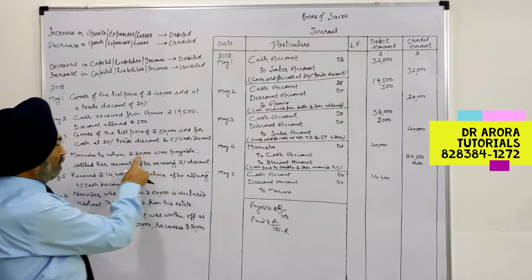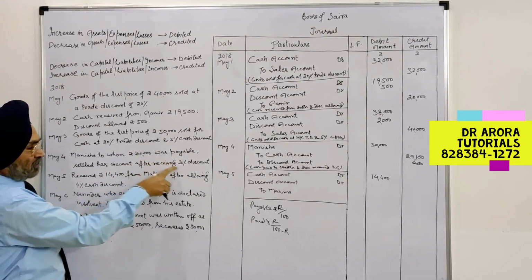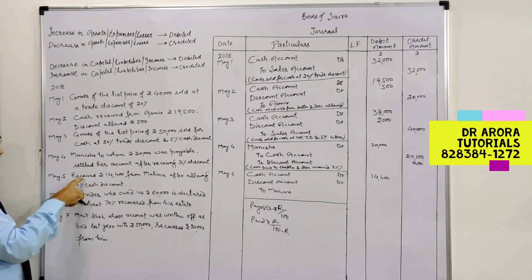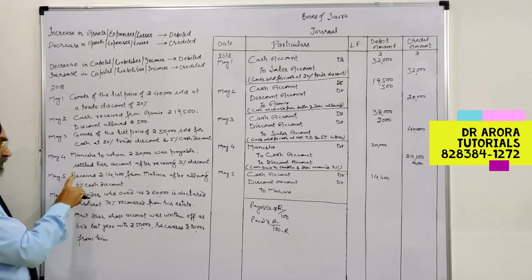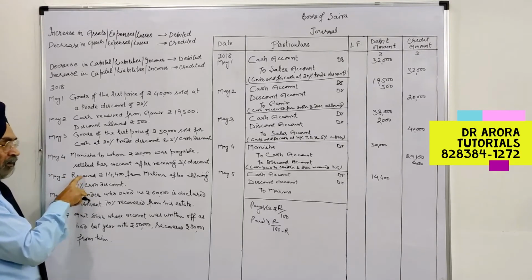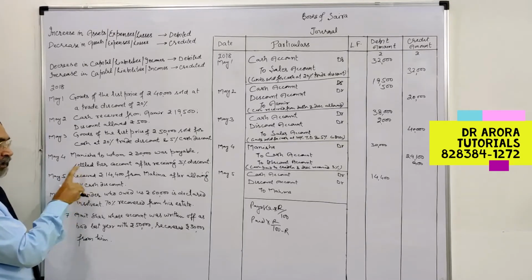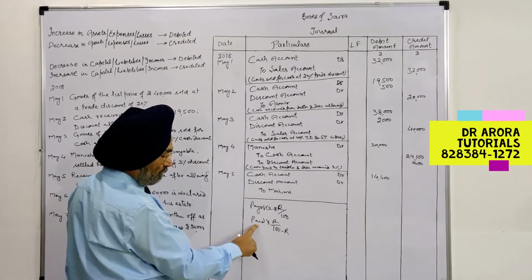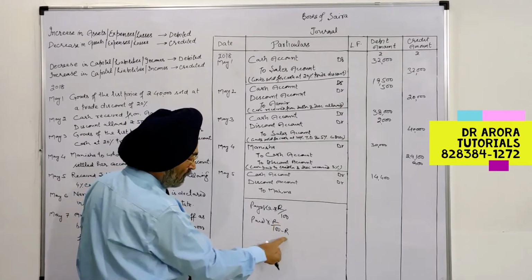So here payable amount was given. We simply calculated 3%. And here amount received is given. Had the amount receivable been given, we would have calculated 4% only, 4 by 100. But we are given the received amount. When paid or received amount is given, the discount will be calculated by multiplying the paid or received amount with rate upon 100 minus rate.